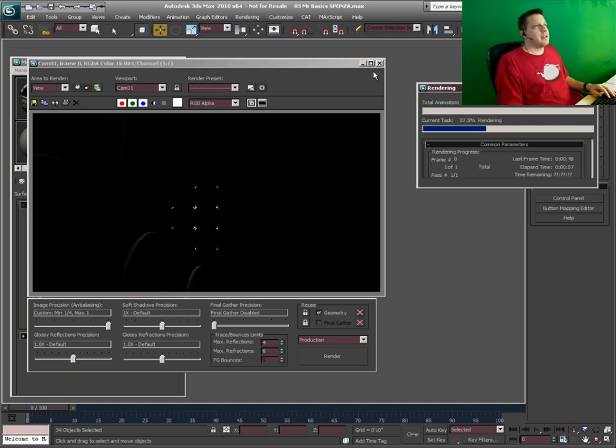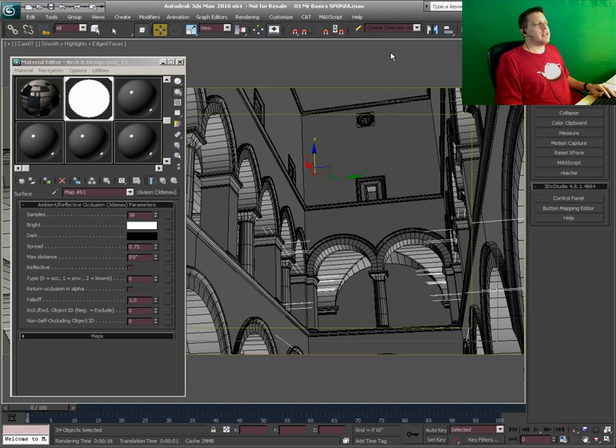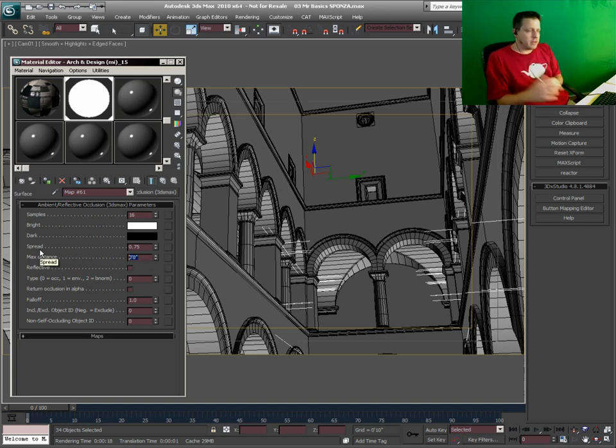Now the reason for that, and this is a common misconception, is that people make the mistake of saying ambient occlusion doesn't work indoors. That's not exactly true. What's happening is that the default value of ambient occlusion is set to 0, which actually means infinity. That's a little bit of a misleading number there, but this is saying when I calculate my ambient